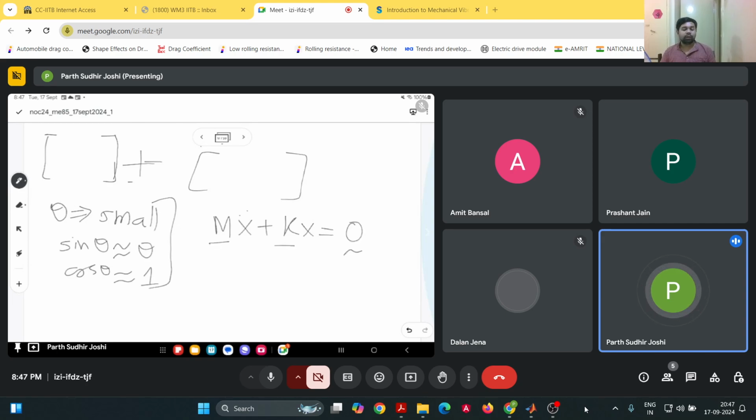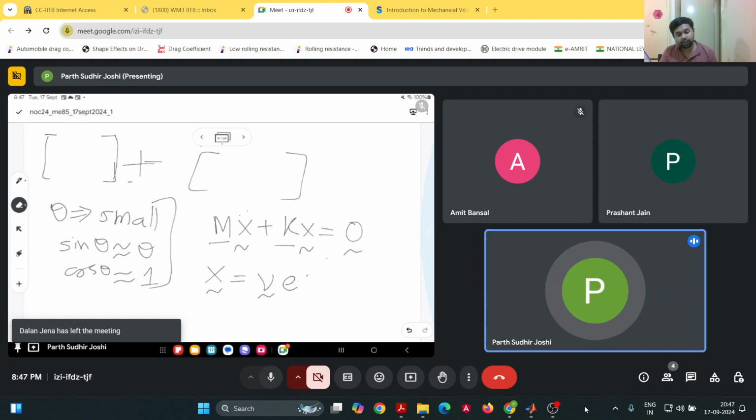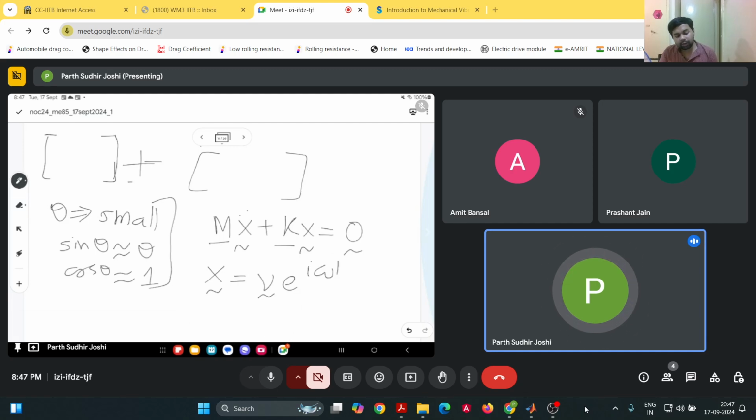If m and k are the mass and stiffness matrices and x is the vector, we substitute x equal to v times e to the power lambda t, or if you want to directly get the natural frequency, we can substitute e raised to i omega t, and then we will get the matrix k minus m omega square into x